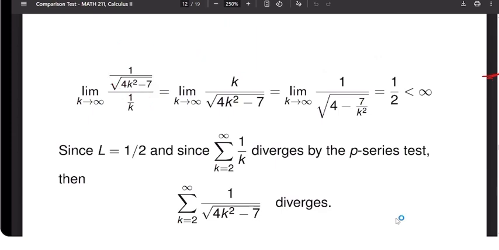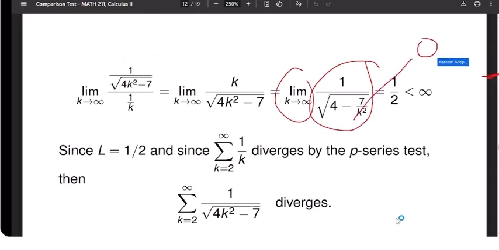Now you understand it up to this junction. You say, how do I get 1/2? Put k to infinity here. This is going to go to 0, right? I'm going to have 1 over square root of 4 minus 0. So what is square root of 4? That would be 2. I get 1 over 2, right? Now when the limit of the ratio is a positive finite number, that is,